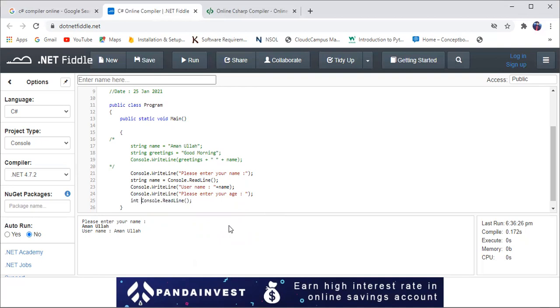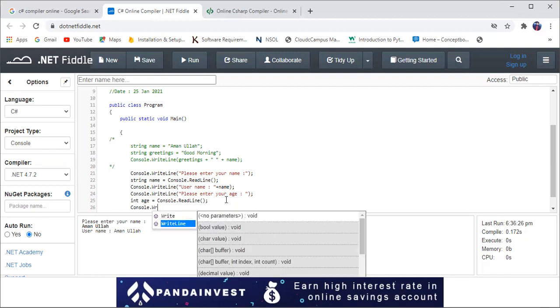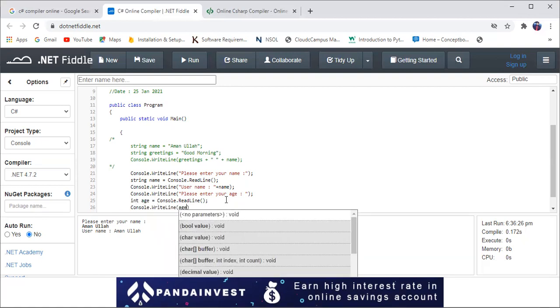So int age is equal to this, and now I can print this age. So Console.WriteLine and print this age simply.